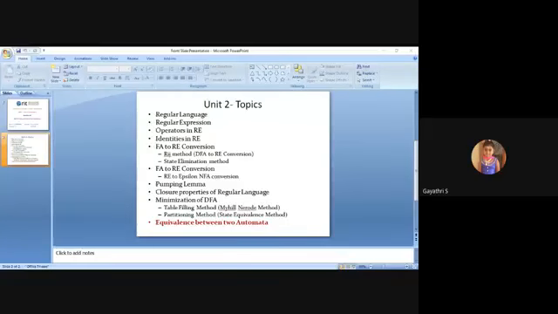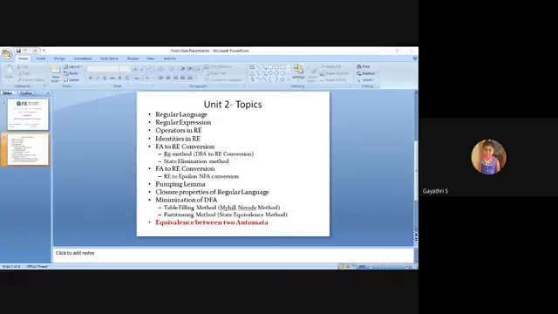Next, the state elimination method. This is the method used to convert automata to regular expression. The automata may be a DFA, NFA, or epsilon NFA. The RIJ method is suitable only for converting a DFA to a regular expression, but using the state elimination method, you can convert any automata to a regular expression. It has its own rules that you have to follow.